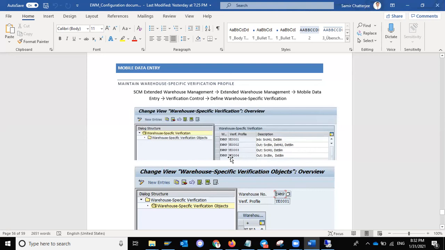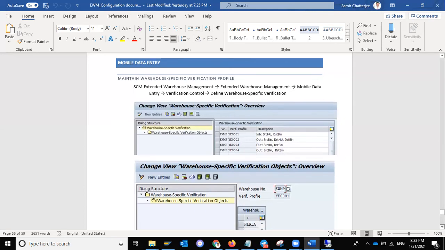Next is YE0004 for outbound application, outbound operation, source bin and destination bin, right? So these are the different verification profiles we can define, and for each verification profile we have some specific field to be taken care of. So what is the specific field?